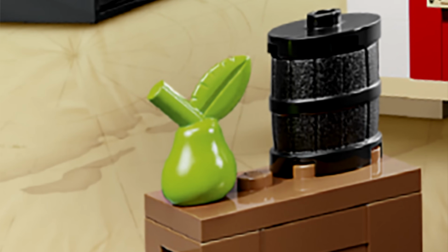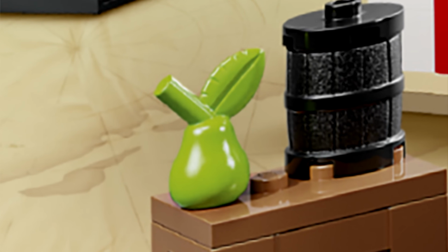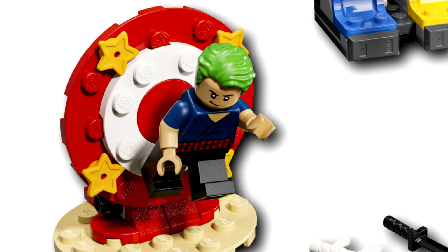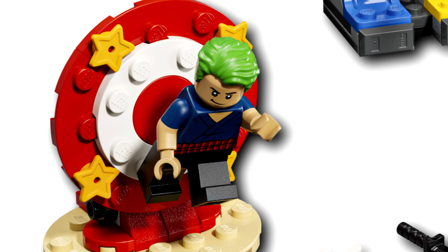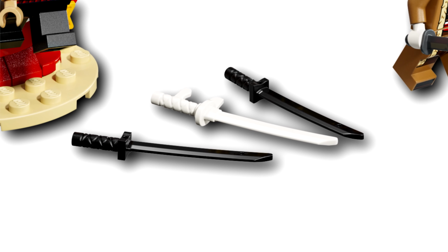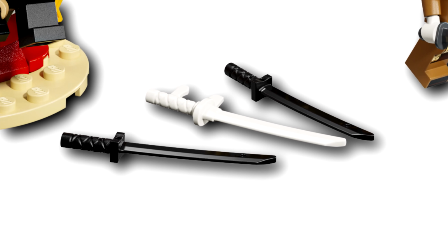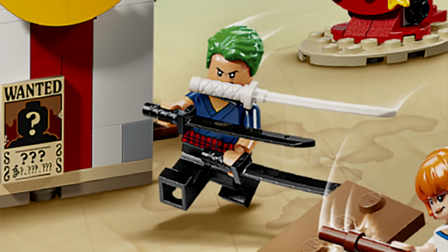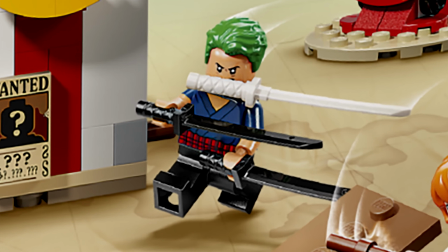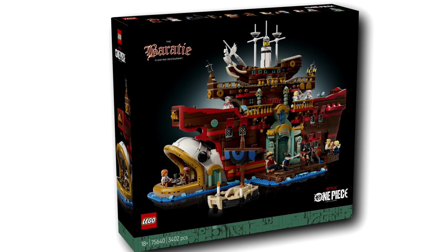Also note how this set has that new pear piece from Animal Crossing. One thing I'm noticing that's very interesting with the Zoro minifigure, this green hair guy, great hair color for that as well. I love this piece of this katana right here that you can put seemingly on a minifigure's neck to make it look like they're holding the katana in the mouth. That is awesome, and it seems like it comes in a couple other sets, including those 2 bigger sets that